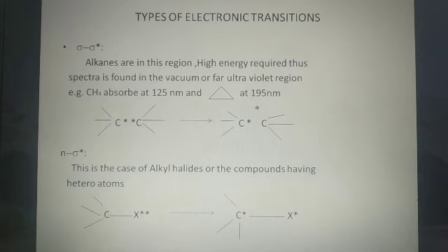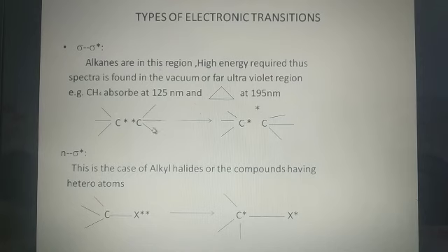You know, alkanes simply contain the sigma bond. So here this is a part of an ethane molecule. This carbon, another carbon here, 3 bonds, just sigma bonds, 3 sigma bonds here. So between the two carbons there is 1 sigma bond which I have represented by the stars. So these are the sigma electrons. Whenever UV light is thrown over them, one of the sigma electrons gets excited to the sigma star anti-bonding molecular orbital.